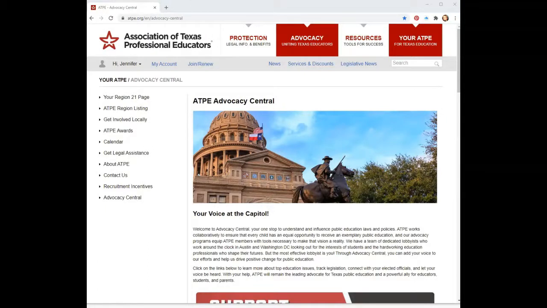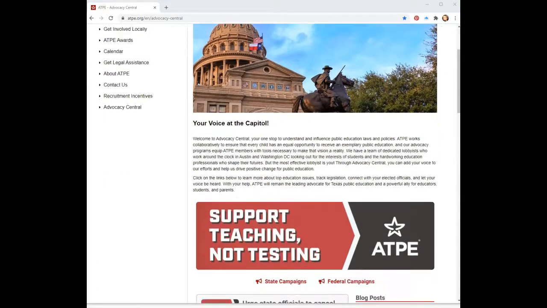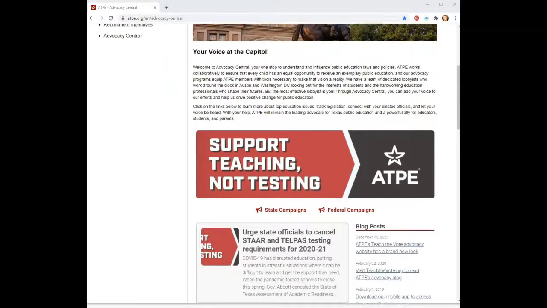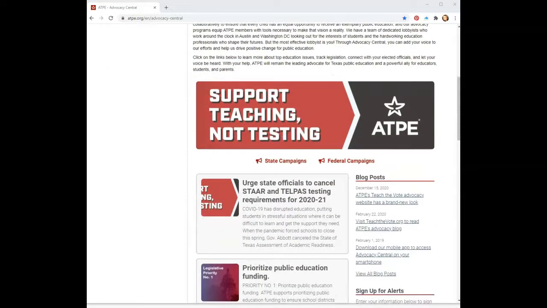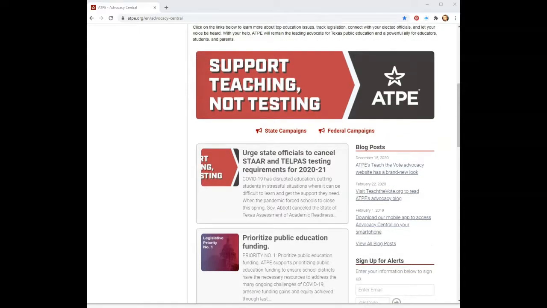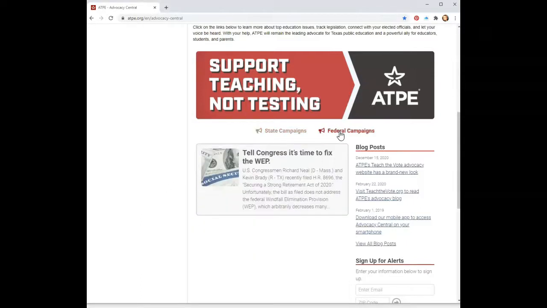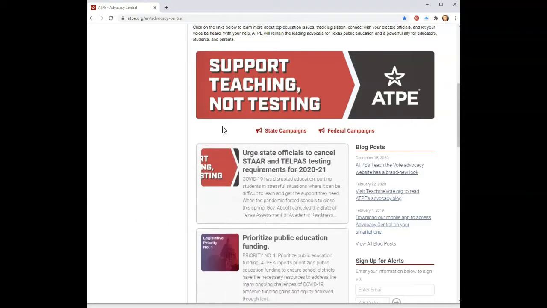When you visit Advocacy Central, you'll see current advocacy messaging campaigns highlighted on this page. These calls to action relate to specific bills or policy matters in which you can make a difference with just a few clicks of a mouse. Here in the middle of the page, you will see graphics that represent the current spotlight topics. Below that is a list of all the advocacy campaigns separated into boxes. You can toggle this list to show only state or federal campaigns with these buttons right below the spotlight graphic. By default, all active campaigns, whether state or federal, will be displayed.